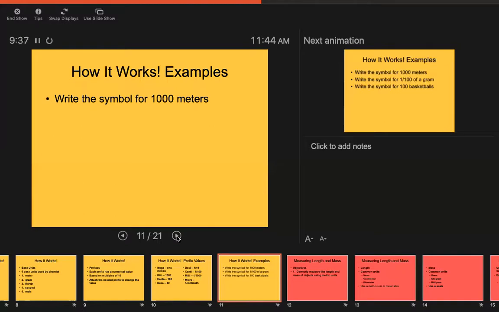Now I want you to think about it. This is a meter stick right here, okay? On the meter stick, there are centimeters, and this is 1 meter. A centimeter is about this long, about my fingertip. If I needed to measure the height of my